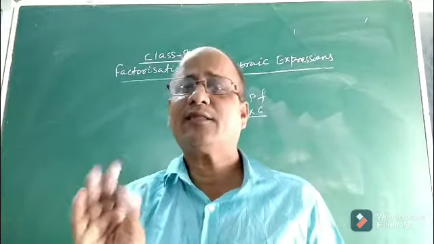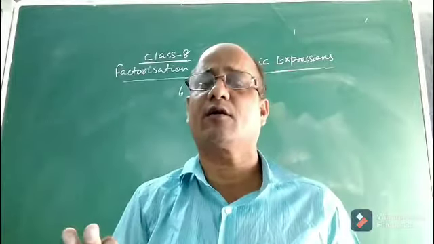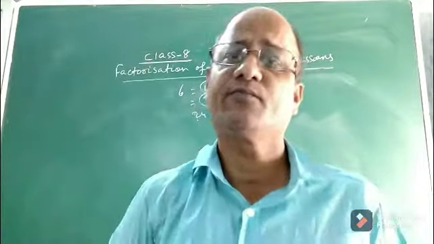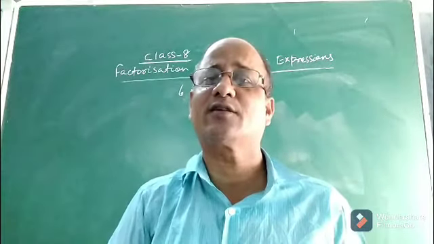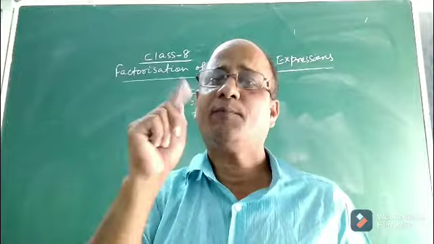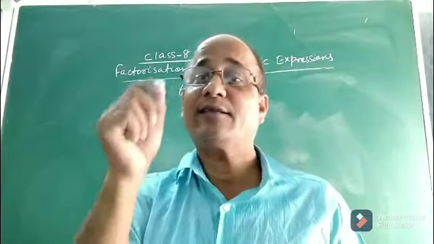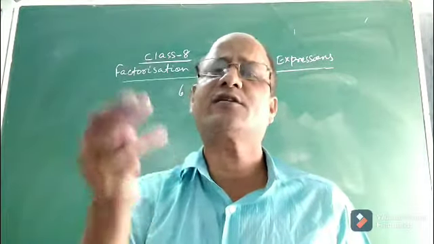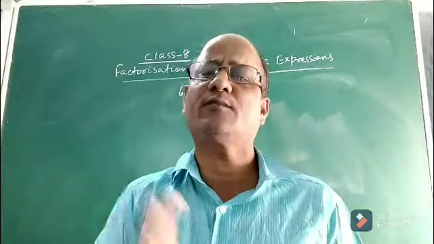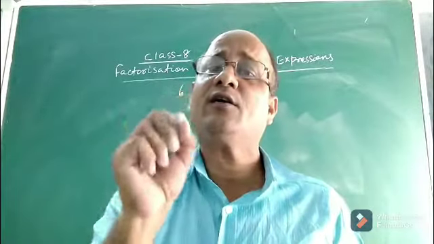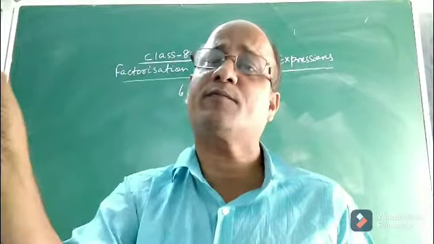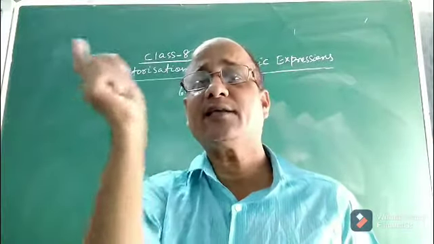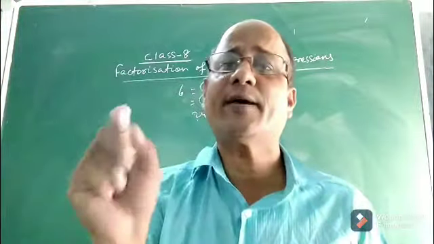And in class 7, I remember, I don't know whether you remember or not, it was there in class 7, how to factorize an algebraic expression. There were 3 ways. So, what was the first method? Let me recall those things once again. The first method is by taking HCF, highest common factor. That means suppose you are given an algebraic expression which consists of say 2 terms or 3 terms or 4 terms, whatever it may be. You have to take the highest common factor of each term of the expression. Okay. And then that HCF will be taken common. So after taking HCF common, you will get the required factorization.